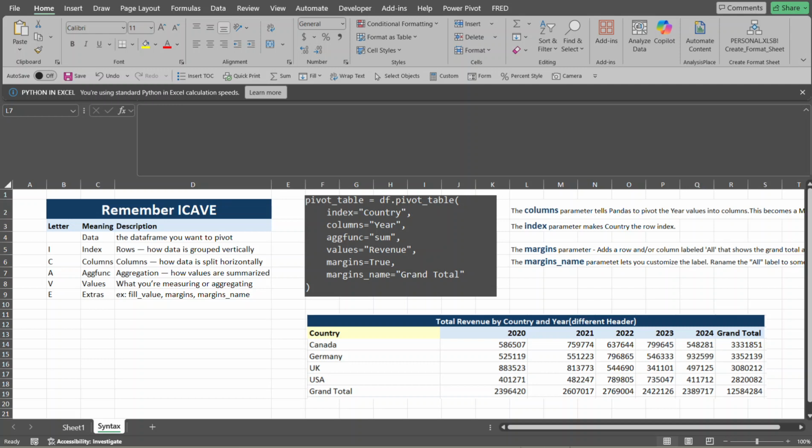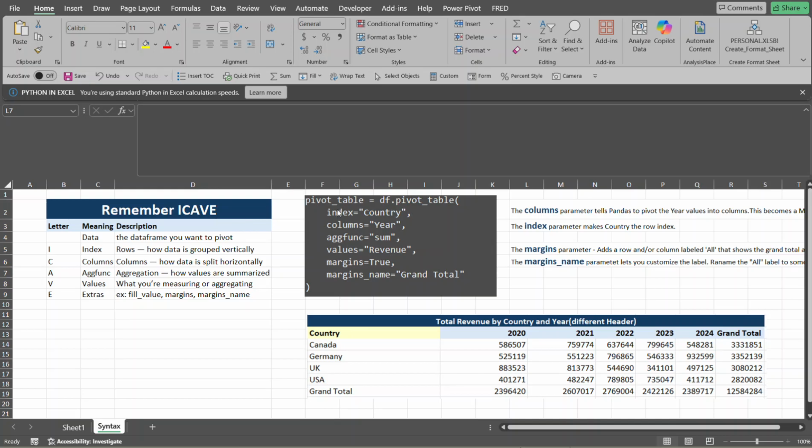Today we're going to talk about doing pivot tables using Python, and in this specific case I'm doing it within Excel. Building this pivot table out can be done using standalone Python in your IDE, whether that's through Visual Studio or Jupyter Notebooks. Right now we're going to learn how to do a pivot table using Python, and you're going to learn a popular